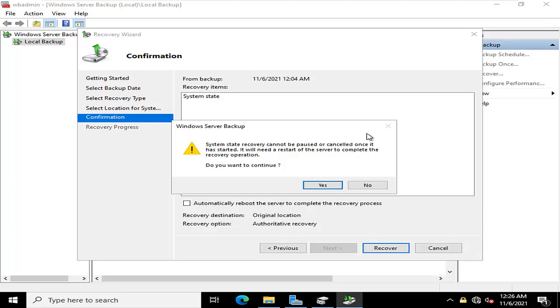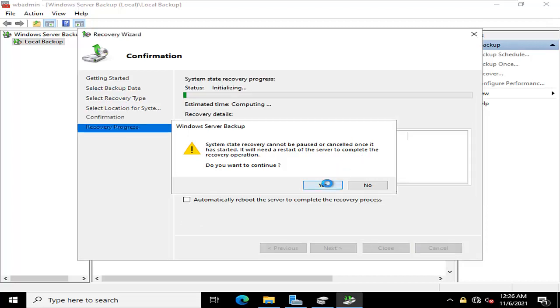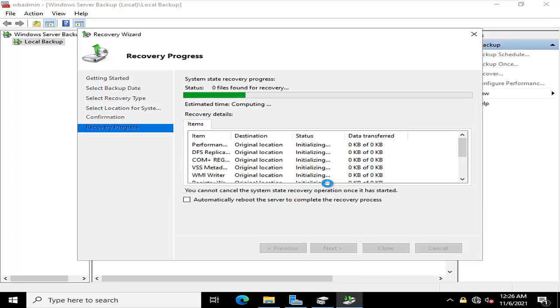It will need a restart of the server to complete the recovery option. Do you want to continue? Yes, I want to continue. So click on yes. It will take a few minutes to finalize this recovery process.